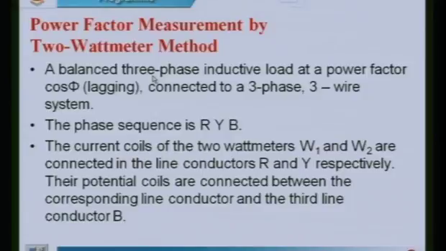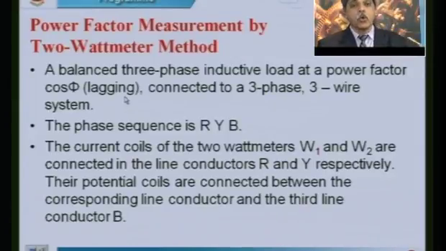Now, let us see how to measure the power factor using the wattmeters. This method I am going to do is applicable only for balanced 3-phase systems. For unbalanced systems, this method of power factor measurement will not be possible, because each phase current will have a different phase angle with respect to the respective phase voltages. In finding the expression for the power factor in terms of the 2 wattmeter readings, I have to make an assumption that the currents in the respective phases lag behind the respective phase voltages by a certain angle.